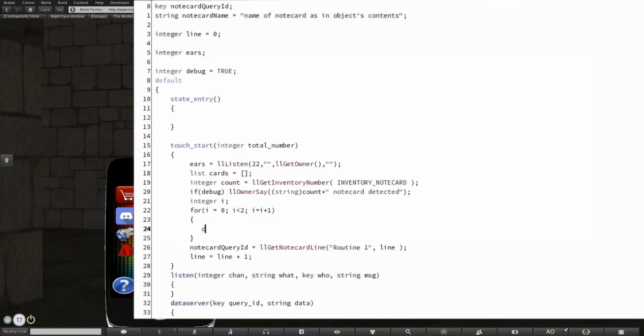So we want to say cards equals cards plus. Now, since it starts out here as empty, we don't have to worry about any other data. We're refreshing the list right here. Also, since the list is created here, it'll be fresh every time that you touch to click the object. So cards equals cards plus get inventory name,